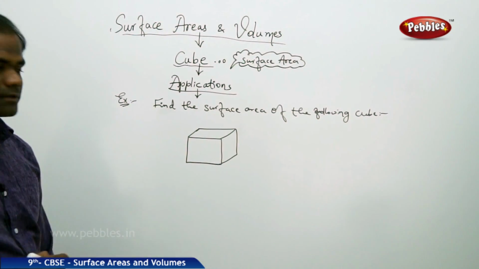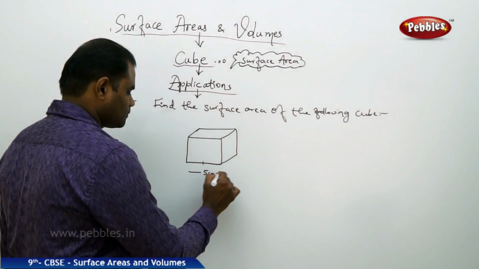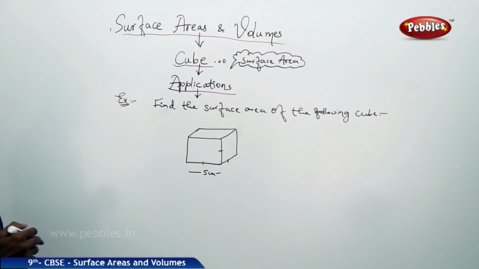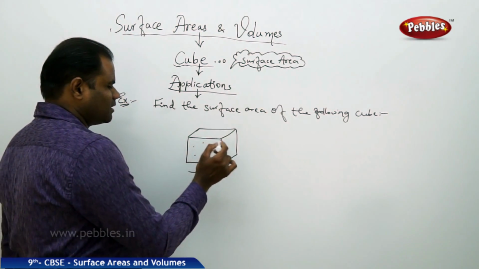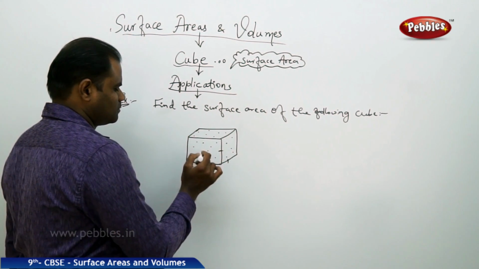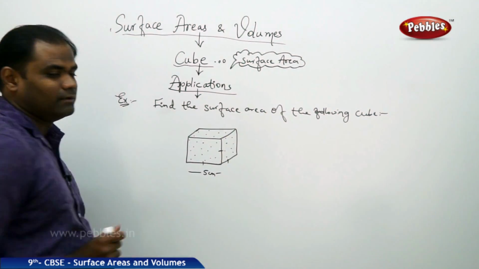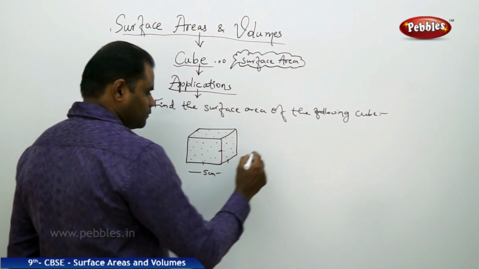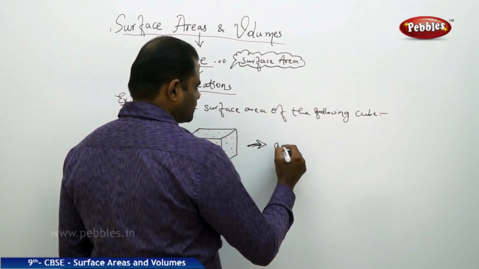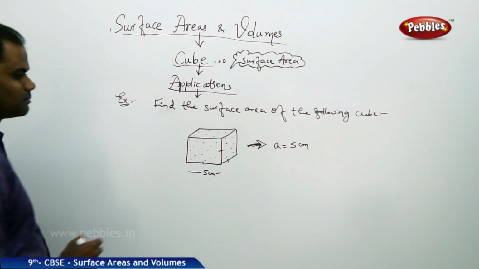And I need to find the surface area of this cube in which the side is given to be 5 centimeters. So, surface area of the cube. How do we find the surface area of this cube? We have the formula directly, where first I identify that my A is 5 centimeters. So using A equals 5 centimeters,